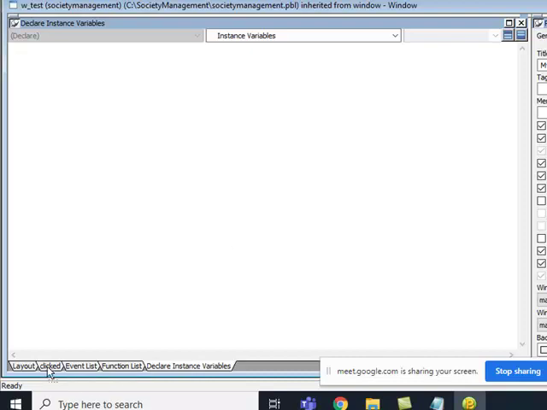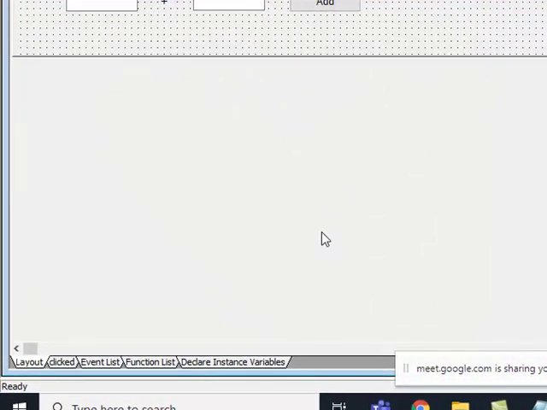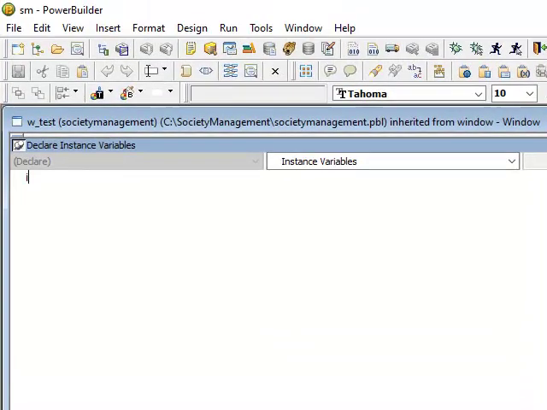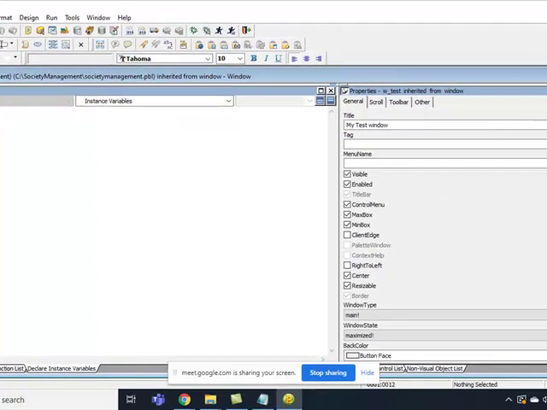This is the window object, so we are going to create this variable at window level. Let me add an integer. Because this is an instance variable, I will start with i, so instance integer, underscore incr, let's say.